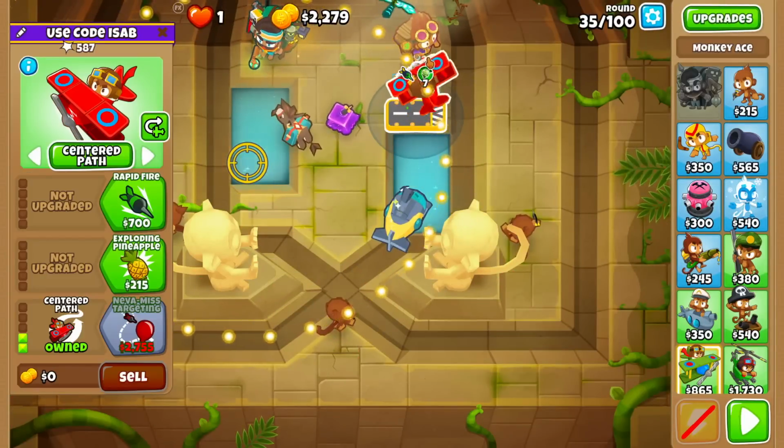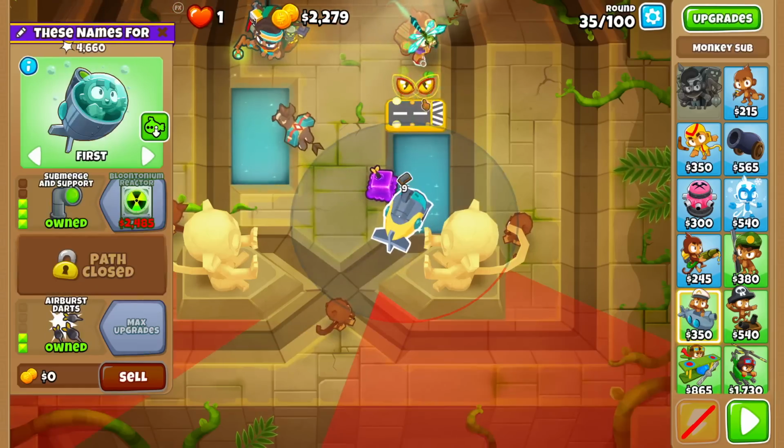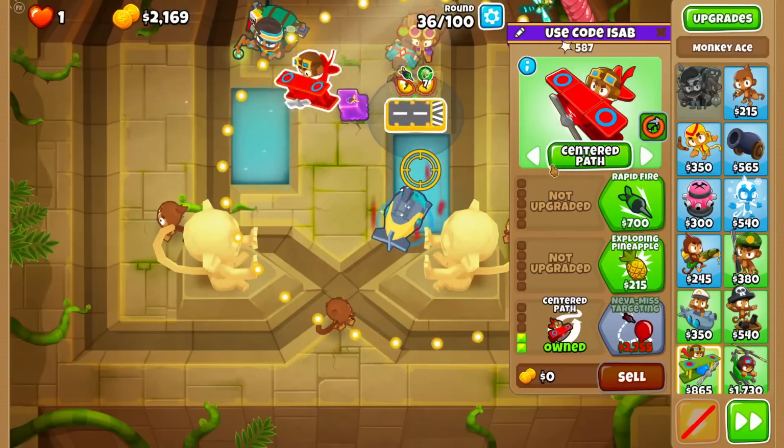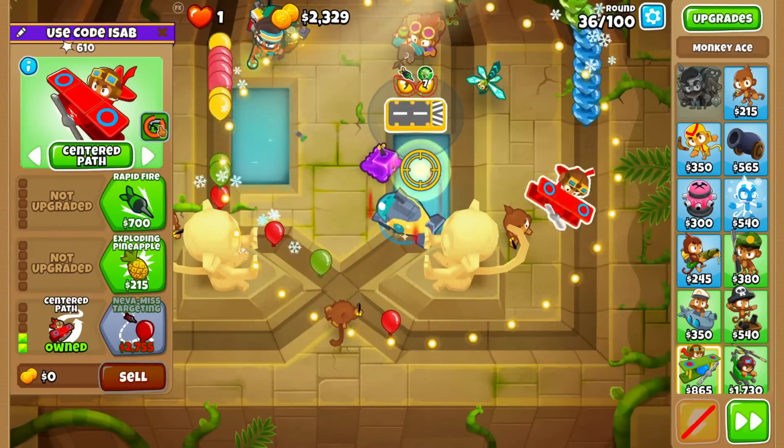Now, if I can beat round 36, I can get Never Miss, but there's more camos, remember? And my submerged sub is completely messed up. I'll also just re-pickle, and let's go again. A lot of pinks here, a lot of pinks. Need the ace to do something, and it...